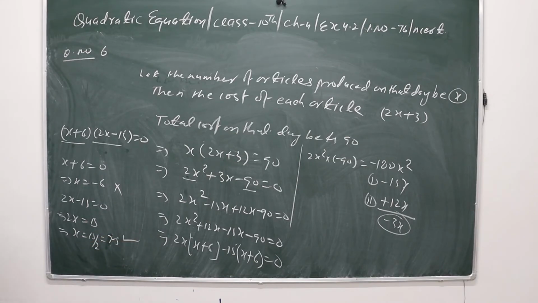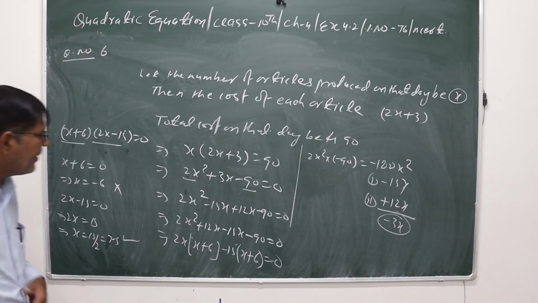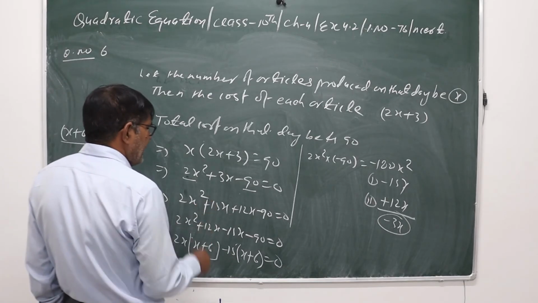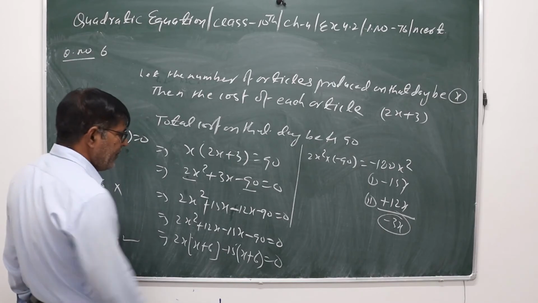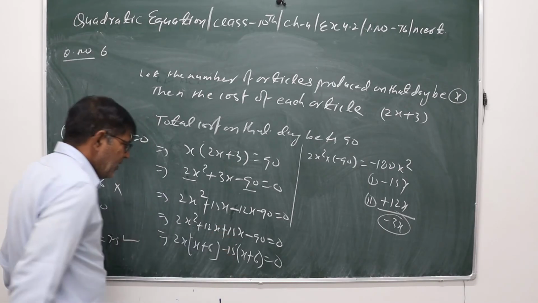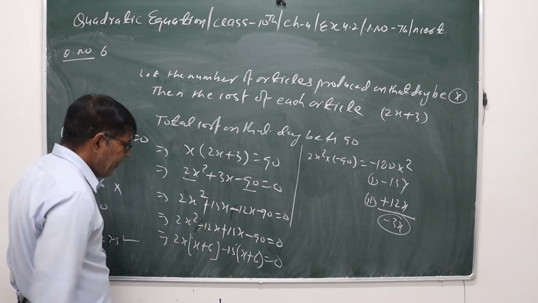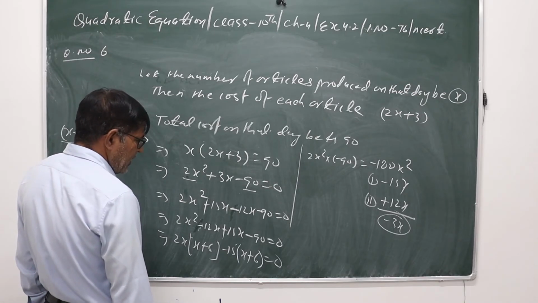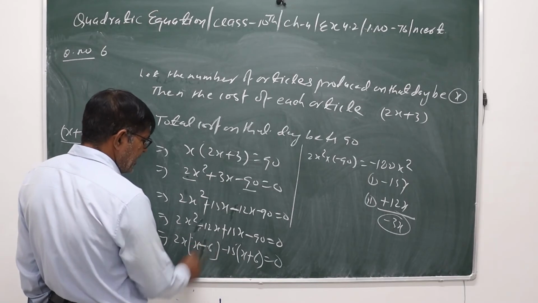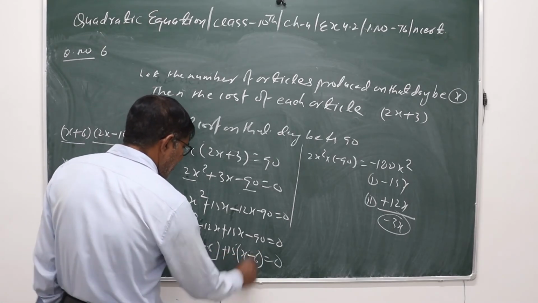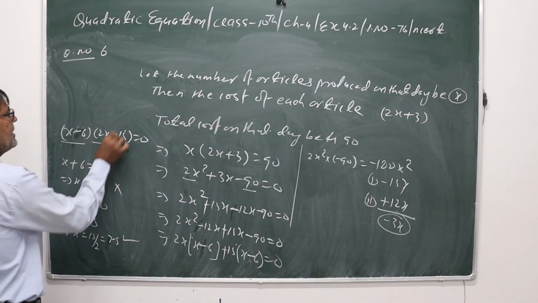So the correct option is... minus 15. सॉरी, यहाँ अपन ने एरर किया है. प्लस 15x था, माइनस 12 है. सो दिस विल बी 15 हो जाएगा. तो यहाँ पर माइनस ऑफ 12 माइनस 12, तो यहाँ पर प्लस माइनस 6 होगा, यहाँ प्लस 15 होगा और यहाँ माइनस 6.